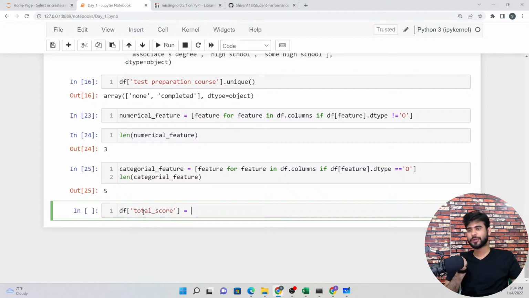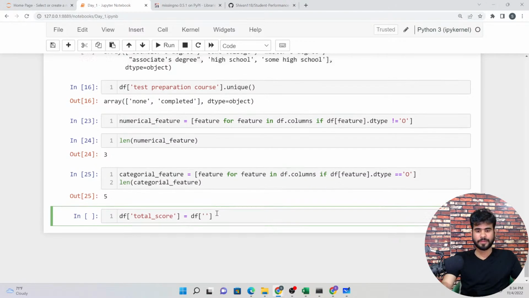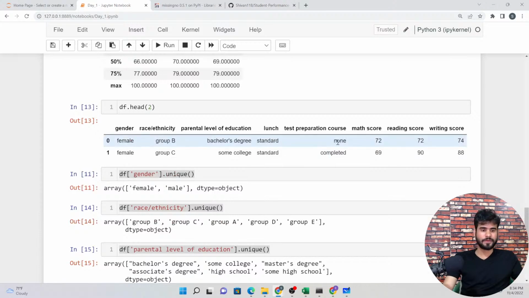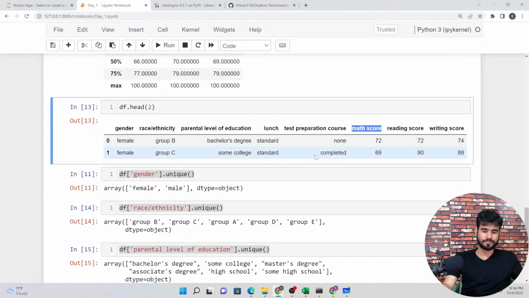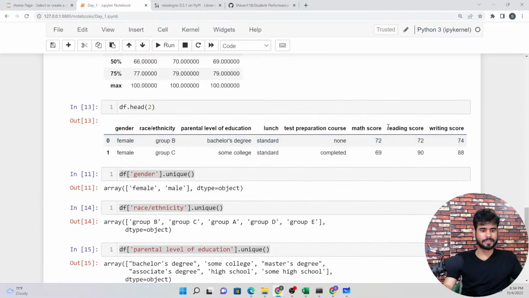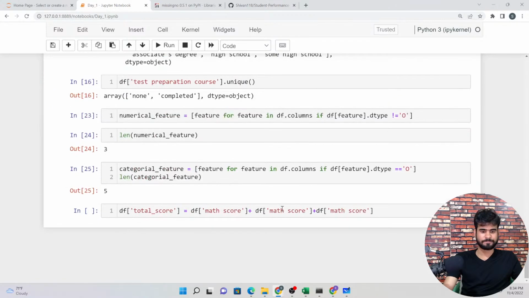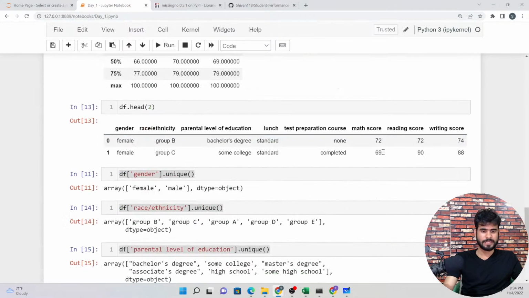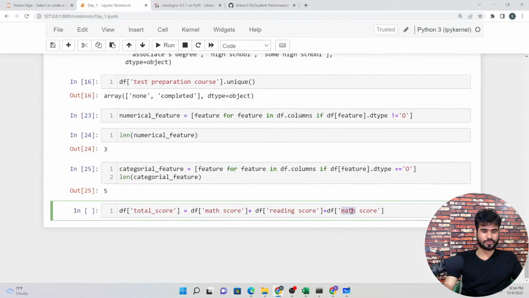I'm going to add all the columns: df math score, I'm just going to copy and paste each and everything, df plus, and then I can change the column name only, reading score and writing score.